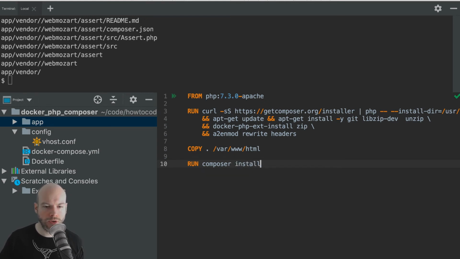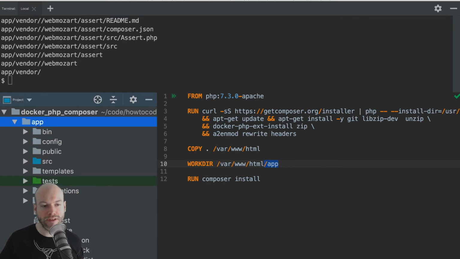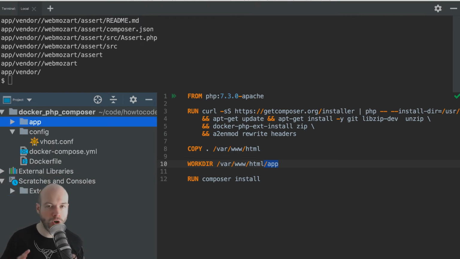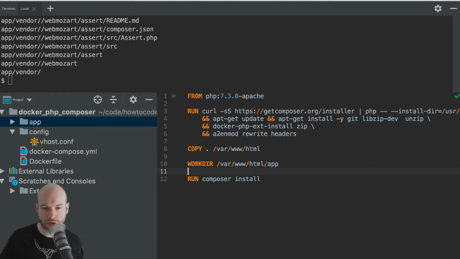And that would do a composer install of the composer file. Obviously, we also need to change the working directory, so we're going to do WORKDIR. That will be into /app. So let's say that the app directory was on the server, for example, but the vendor stuff wasn't, because we didn't commit any of that into the Git repository, or however we've pushed all of this stuff up. We didn't push up the vendor stuff. The vendor goes with the Dockerfile.